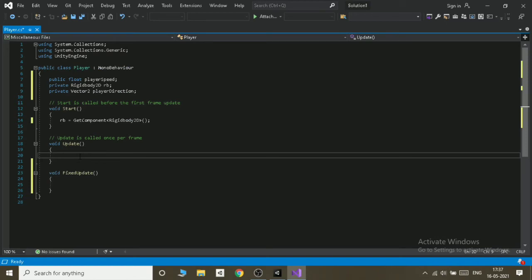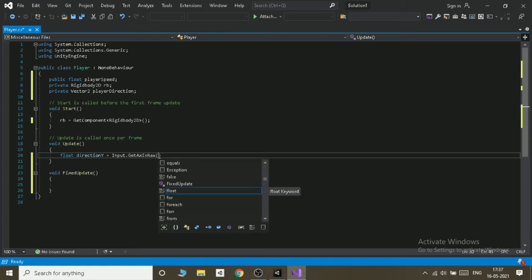So there is a difference between Update and FixedUpdate. In the Update method we have to write float directionY equals to Input.GetAxisRaw, and put brackets, and inside we have to write quotes, and inside the quotes we have to write Vertical.